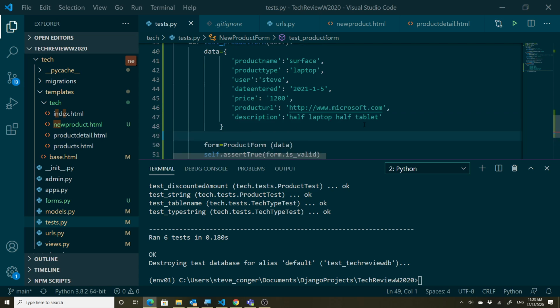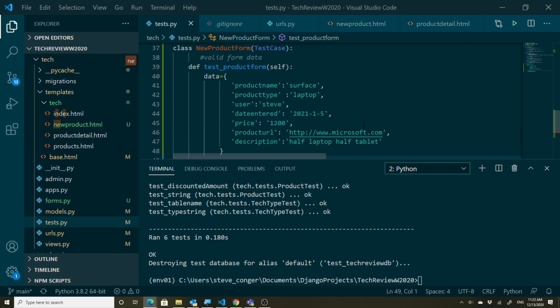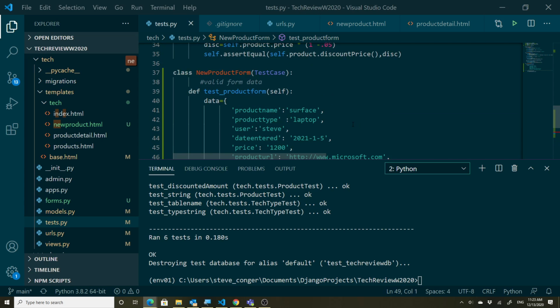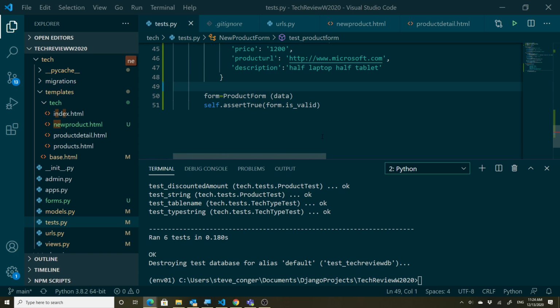Sorry about the pause there. I was just looking to see if it was running. So it tests whether the form is valid, and the valid did succeed. In order to do that, you basically have to provide all of the fields for the form. Now, if you leave something out,